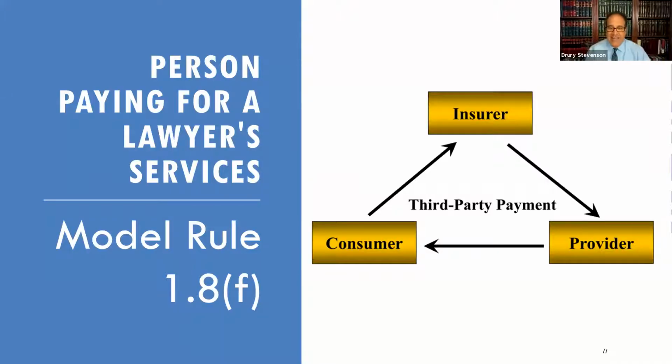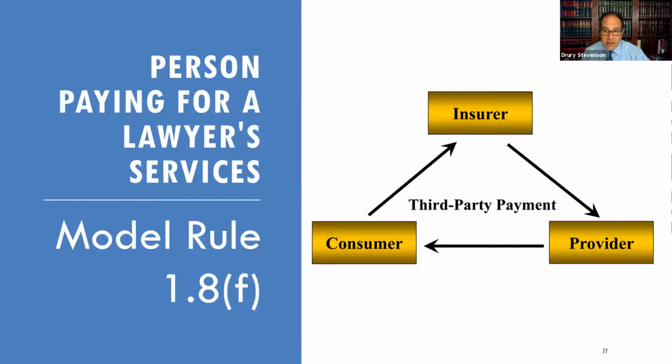This is a lecture for my professional responsibility class, and we're going to be talking about Model Rule 1.8(f). This is one of our conflicts of interest rules, and this is one of the specific rules under 1.8 that refers to the lawyer's own personal conflicts of interest with the client, as opposed to conflicts between clients. I have to warn you, this is about a third-party payer, or the person paying for the lawyer's services,